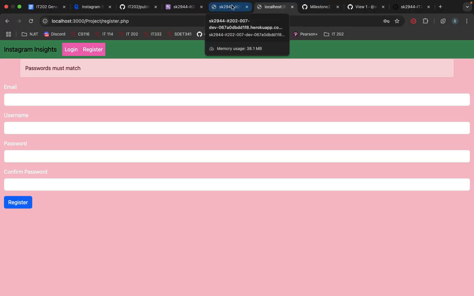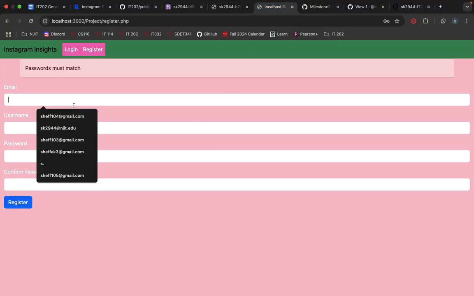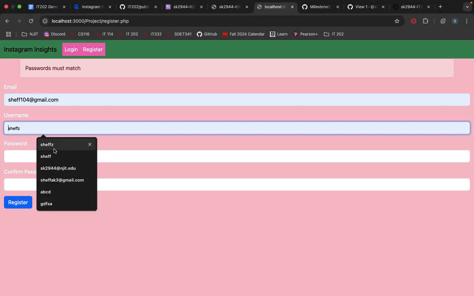The first issue I'd like to mention is that the localhost page that I ran for my server looks a little different than the one that was deployed to Heroku, as you can see that the CSS is different. This is an issue with either the browser needing to be refreshed, or I need to open it in a private browser, or something is up with the functions.php. But that was one issue that I had to look into. But anyways, you can fill this out,